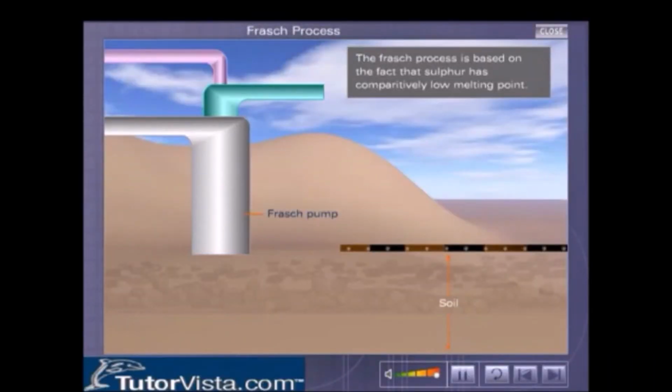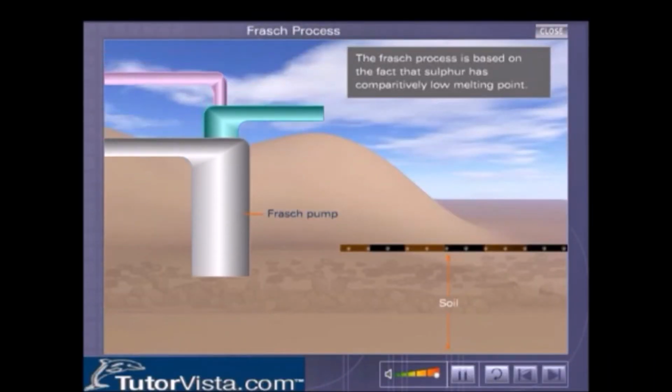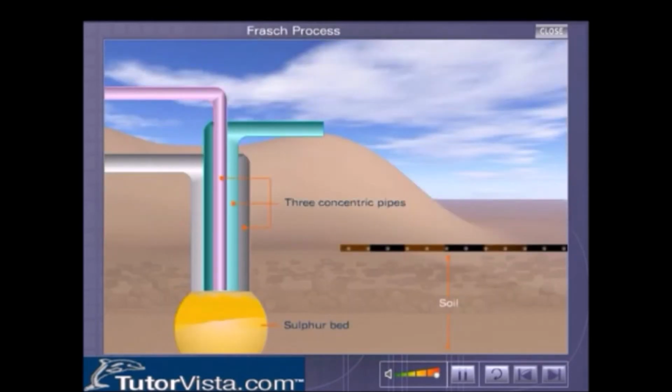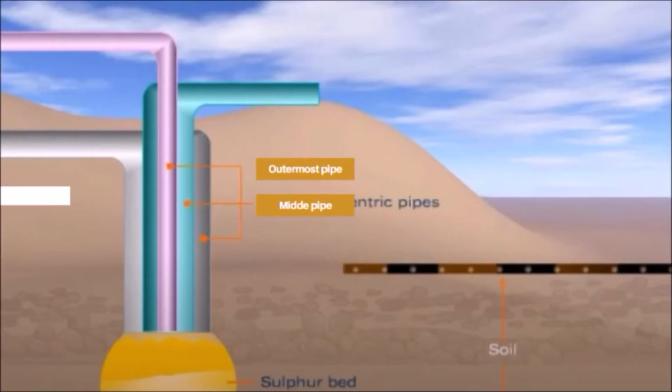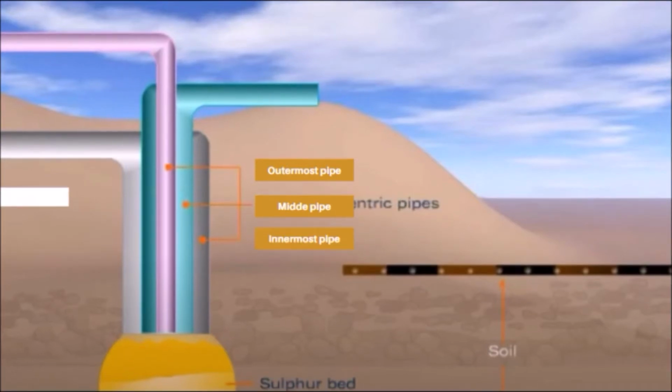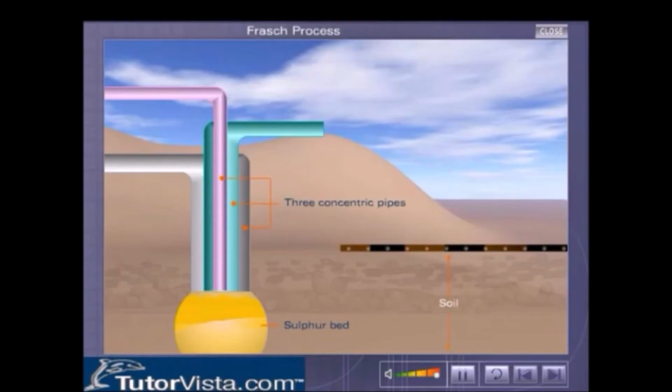The basic principle of the Frasch method is that sulfur is melted underground and pumped up to the surface of the earth. A nest of three concentric pipes varying in size from 3 to 20 cm in diameter passes through the sulfur-bearing stratum and rests on the upper portion of the barren anhydrite. The outermost pipe, which has a diameter of 20 cm, is sunk up to the deposit. This pipe is an inlet for superheated water. The middle pipe of 10 cm diameter is held a little above the surface of the sulfur deposits. This pipe is the outlet for molten sulfur. The innermost pipe is used to blow hot compressed air into the deposits of sulfur.